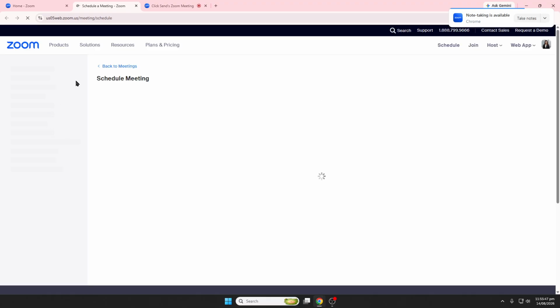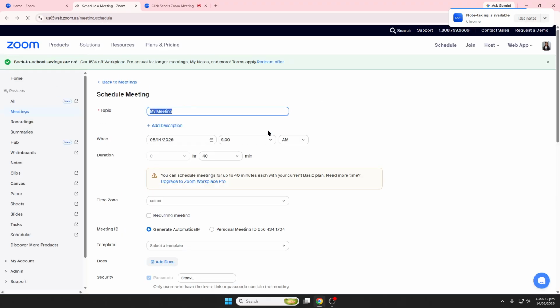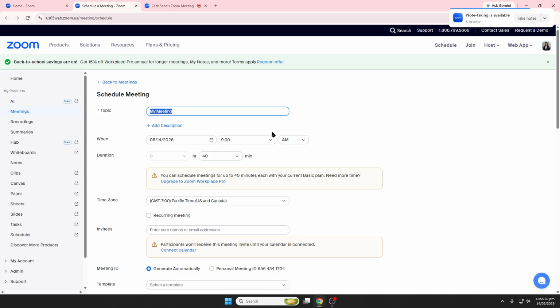To start your scheduled meeting, open the Zoom app, go to Home or Meetings, find the meeting you scheduled, and click Start. Once you're inside, you can use the meeting controls to manage the session. As the host, open participants to invite people, mute participants, manage permissions,